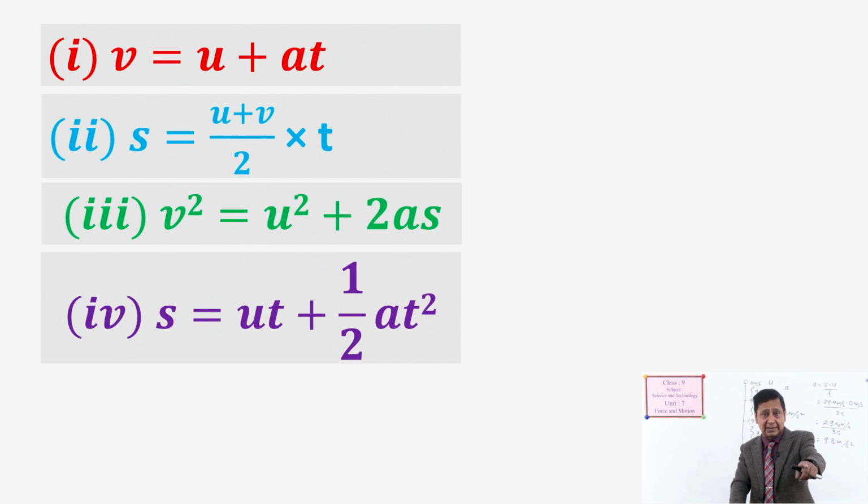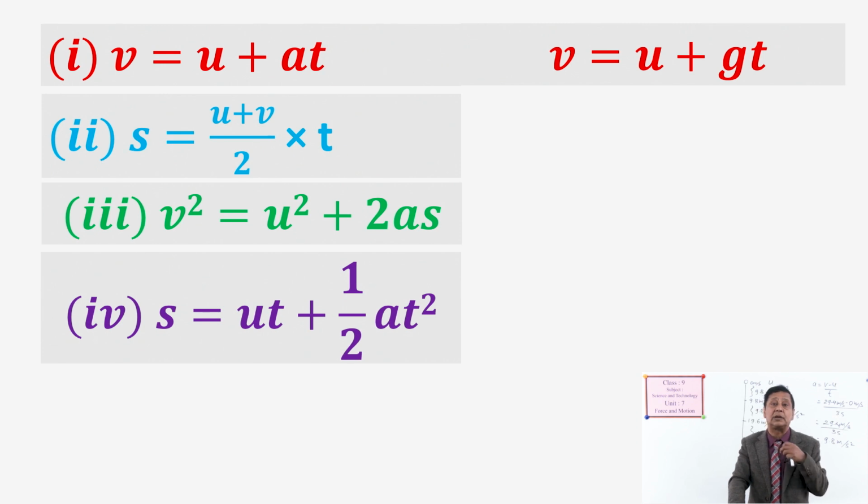I told you about this, but because of acceleration due to gravity, somewhere we have to change this equation also, or maybe somewhere it is written like this. Instead of v equal to u plus at, it may be written v equal to u plus gt. What is the change? Instead of a, we are writing g. A is acceleration, g is also acceleration, but due to gravity,